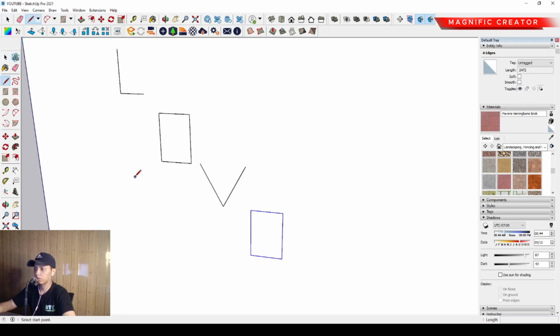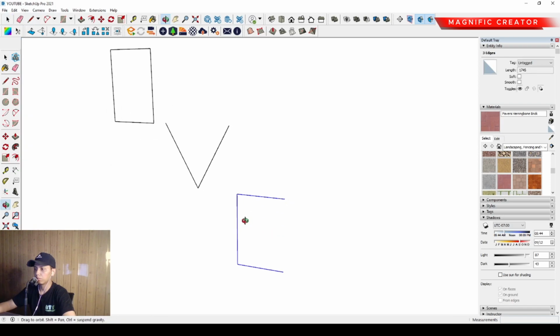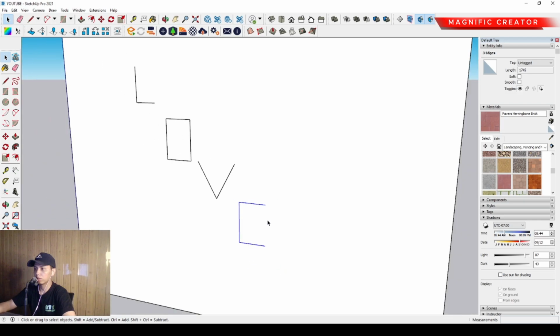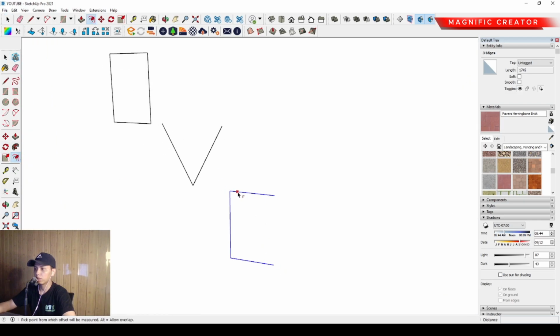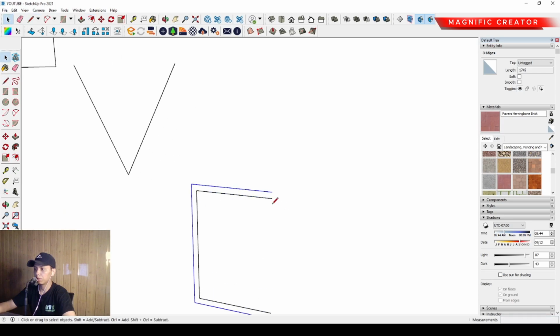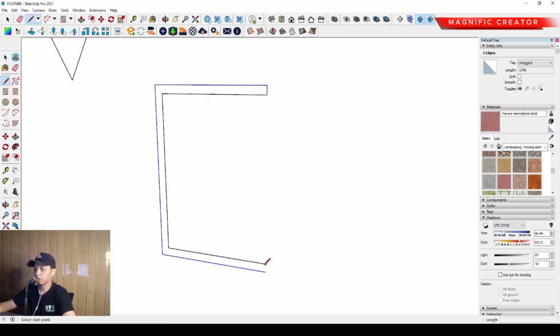Then we can set the line, or maybe we can erase it first, and then we can make the thickness of each alphabet one by one. We can offset it inside around 30 millimeters maybe, and then we can close this line anyway. Then we can set the